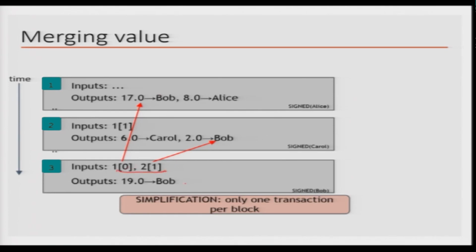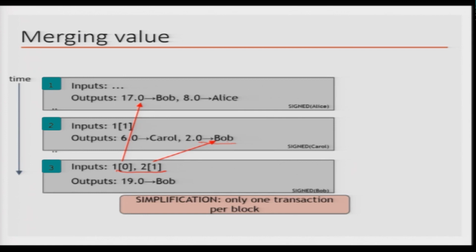So, you see that Bob can consolidate. Here Bob got 17 in this transaction and Bob got 2 in this transaction. So, he should ideally have 19. He can create that by putting in a transaction where he refers to transaction number 1 output 0 and transaction number 2 output 1, and then he says give 19 to me. Remember, the coins in the input transactions, these are called the input transactions to this transaction, and this is an output of this transaction. So, output can be multiple and input can be multiple, and that is what we are seeing here.